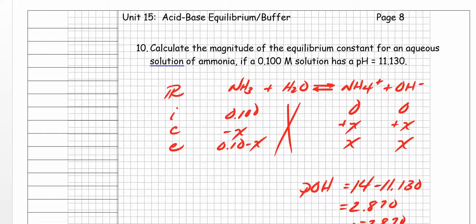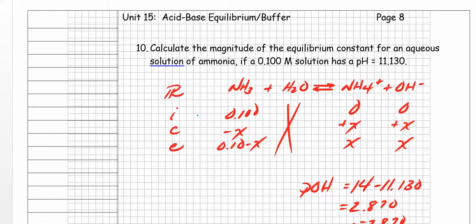So first thing we're going to do is set up our RICE table, right? So in the RICE table, we're going to have our base plus water. Remember, always put in water in equilibrium with, well, if this is the base, this is the conjugate acid, the NH4 plus. The NH3 gives or receives a proton, I should say, from the water. So it's going to become NH4 plus and OH minus, right? So now that we've got the